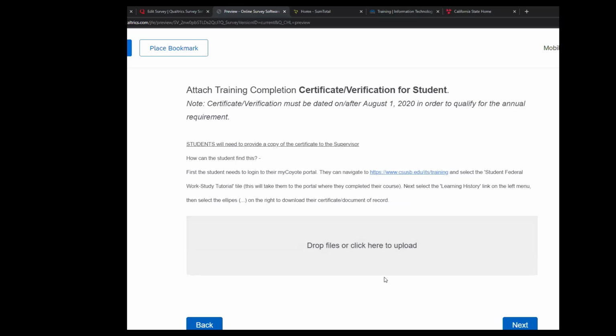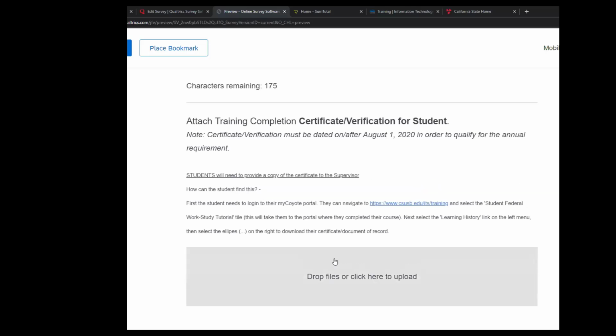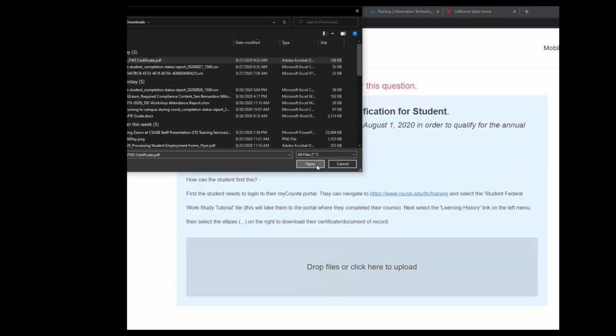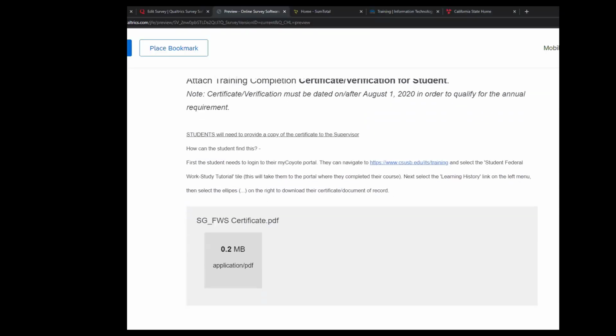And then you'll need to upload a copy of the student's certificate. Now for this portion, I want to note that the student must provide this to you. You as their supervisor do not have access to download this yourself because the certificate is housed in the student's transcript. So the certificate can be downloaded from CSU Learning Bridge. This is our student pilot portal. And we have provided the navigation here for your student to obtain this information, but it's found in the exact same place where they completed the training. And again, just as with the supervisor question, you will not be able to submit this form without uploading a copy of that. I'm going to just upload my certificate again for this demo, and then click